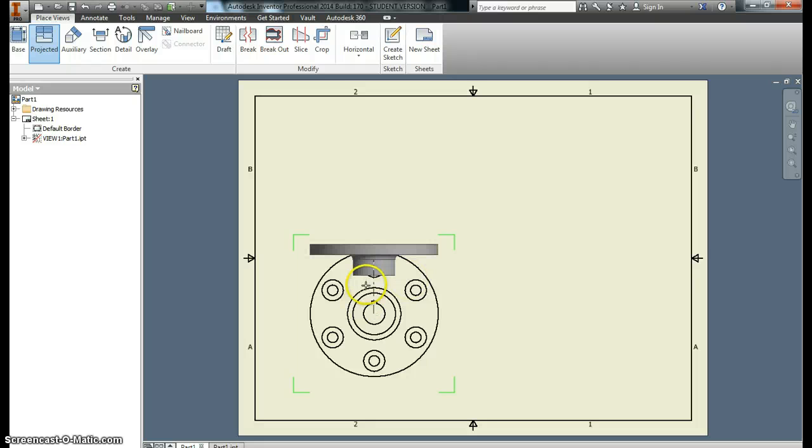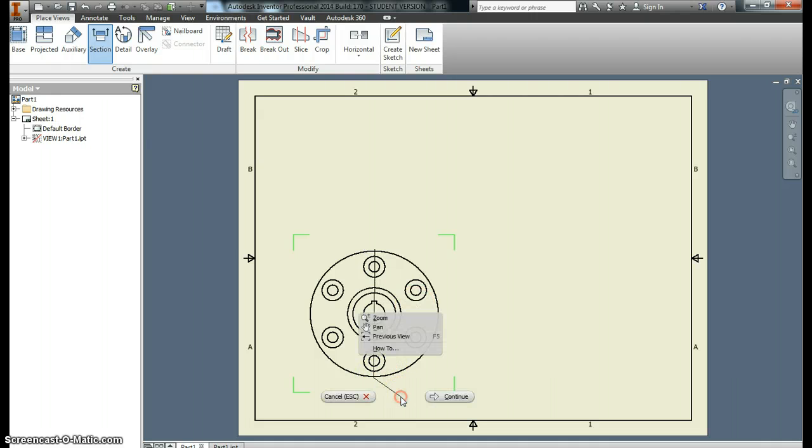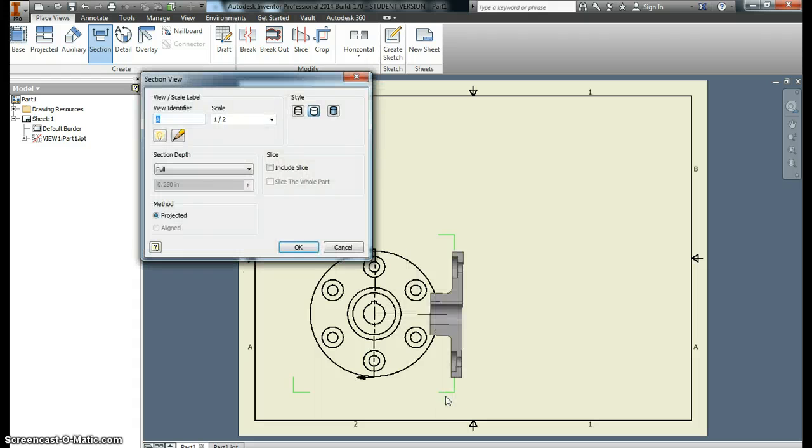And what we're going to do from this is we're going to create a section view. So section is right up here, so I'm going to click. I'm going to come down here and click once to activate this sketch. So then I can pick this top point, and I'm going to come down and pick the bottom point, and then I can right click and hit continue, and it's going to create that section view. I'm going to pull it over here, I'm going to drop it,